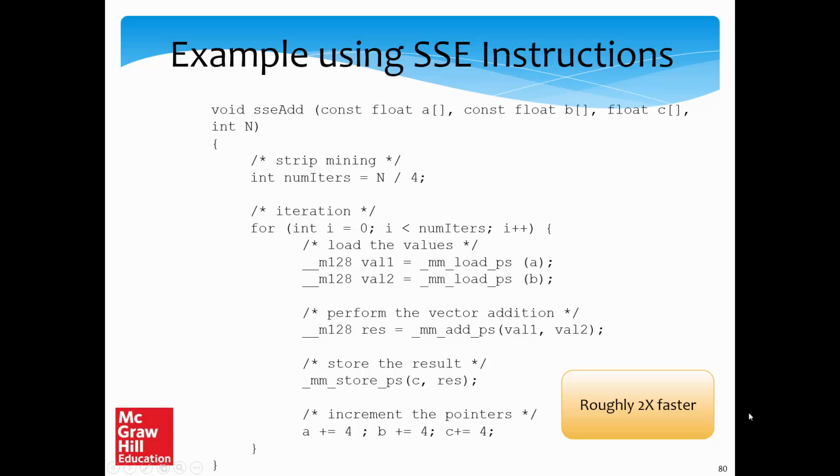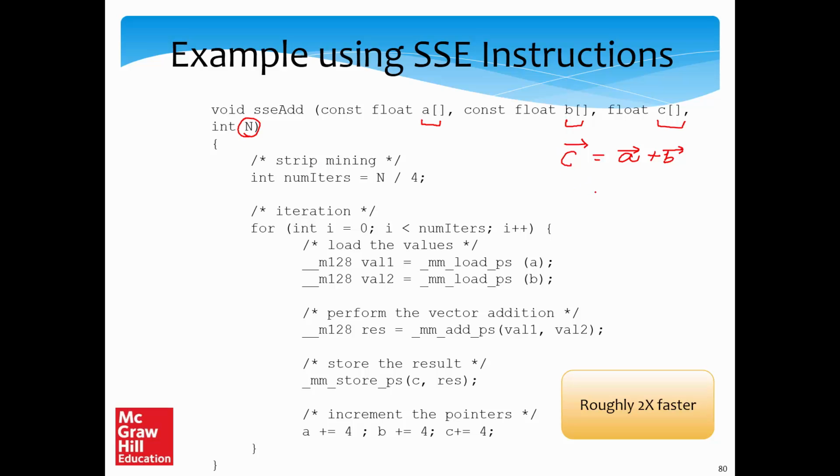Let us now consider an example where we add 2 arrays of floating point numbers using Intel's SSE instruction set. SSE is an extension of the x86 instruction set, so it has vector capabilities. We have one floating point array A, one B and one C. The final aim is to create a vector C, which is vector A plus vector B, where the elements are added pairwise and we have n elements.